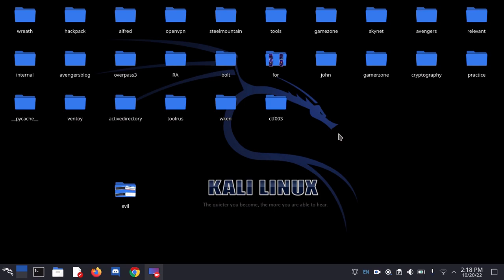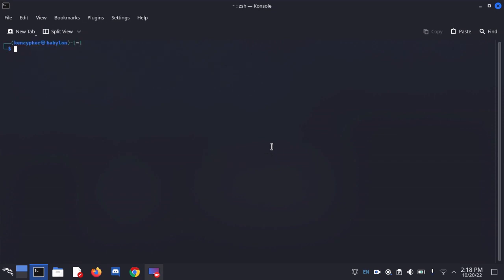So the first command which I want to discuss with you guys, but let me put a scenario here. What if the cat command was banned in some CTF? Like you type the cat command and it says not found. So what will you do then? And you have to read the files. What will you do? So basically there are other ways to read the files, and there are other ways